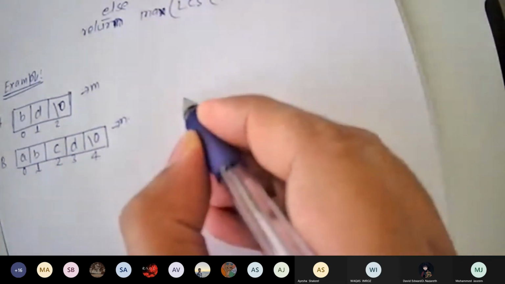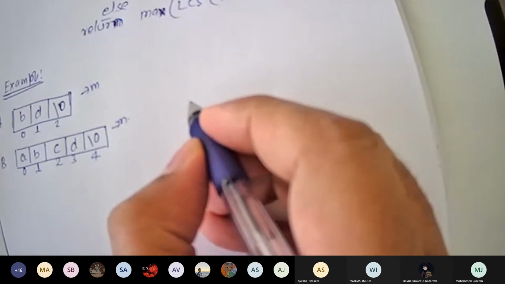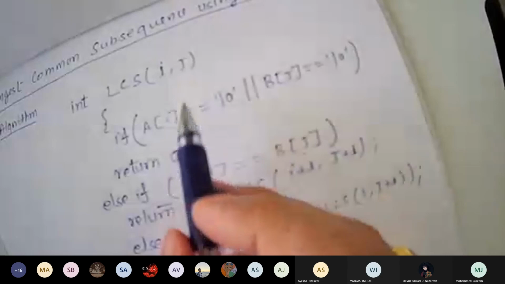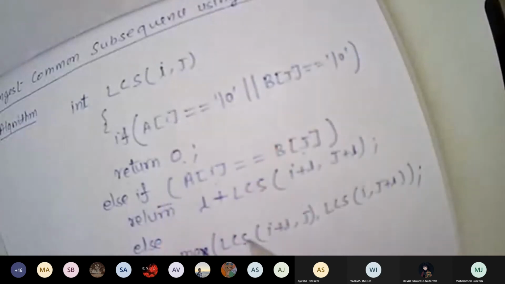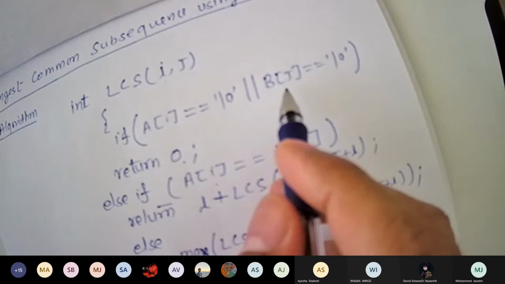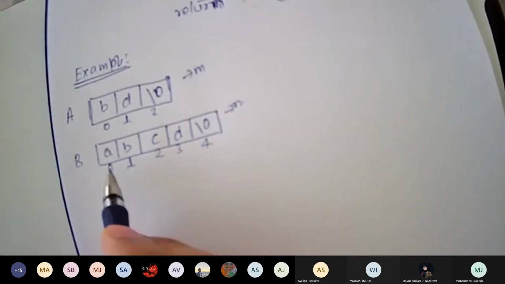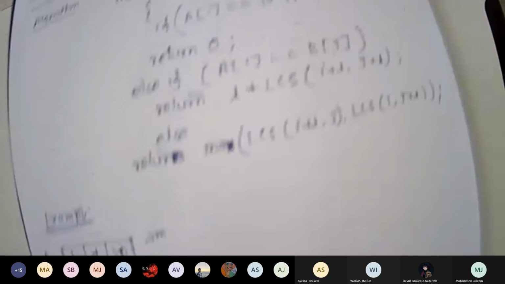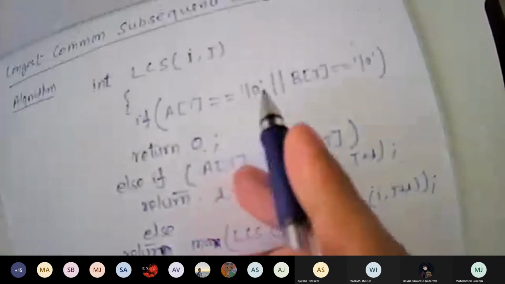So I will start here. You have to go with i and j, A of i and B of j. So firstly, you will have to write A of i and B of j at some place, and we will always start with A of 0 and B of 0. And then you will start comparing.